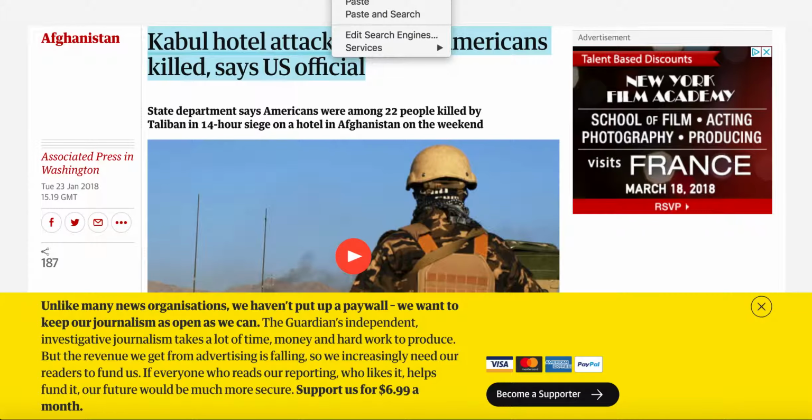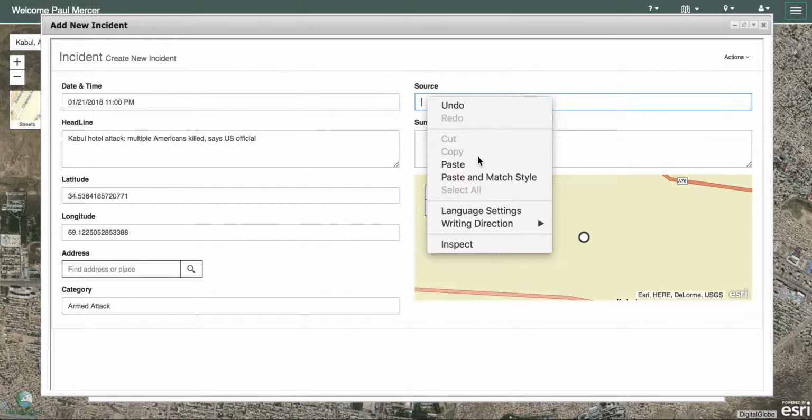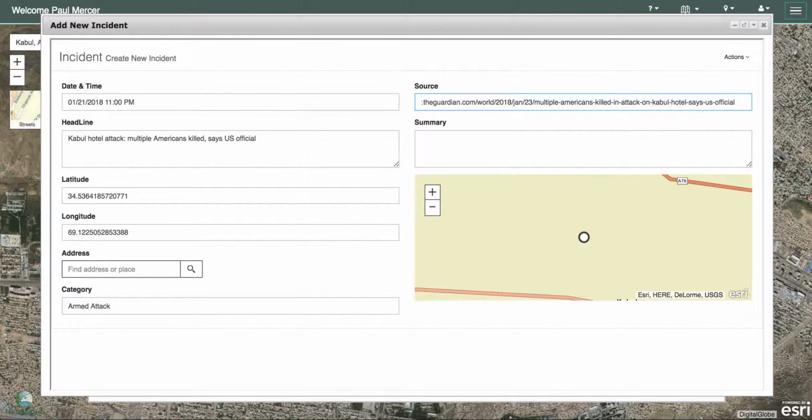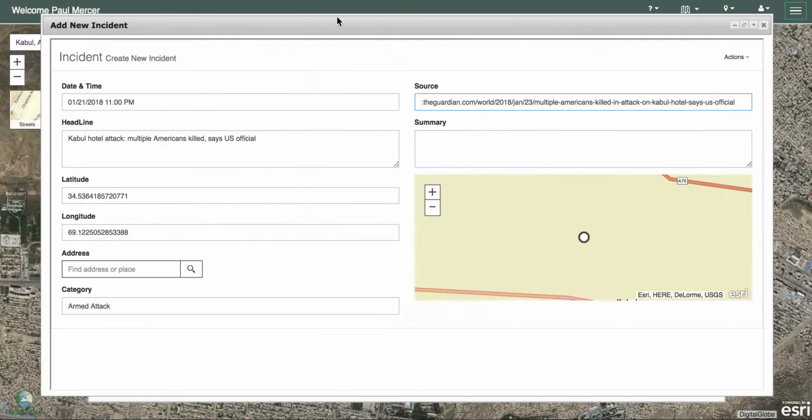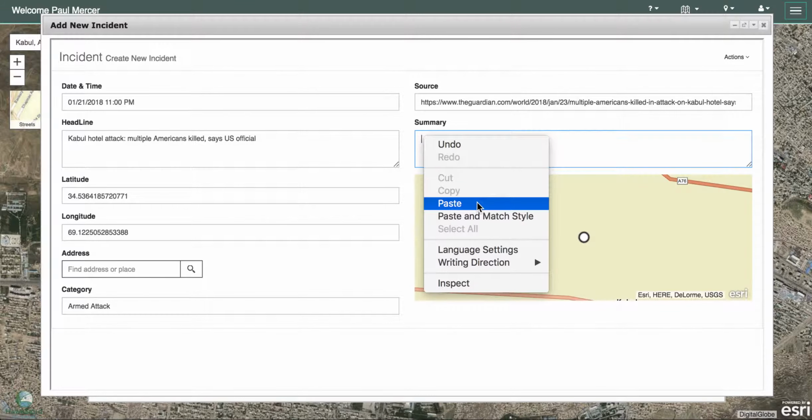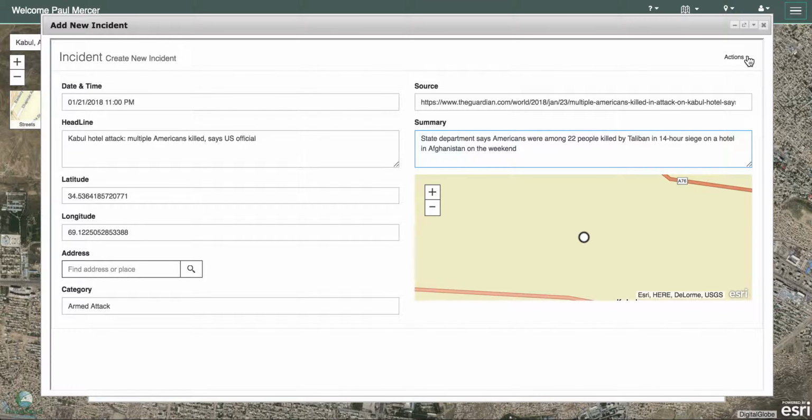I'll take the URL so that I can take a look back at more information later, and then a brief summary of the incident. And that's it. Now I have the option of saving the incident, in which case we'll return to the map, or assigning it to a threat, a new threat, or assigning it to an existing threat, in effect creating an incident history for the threat